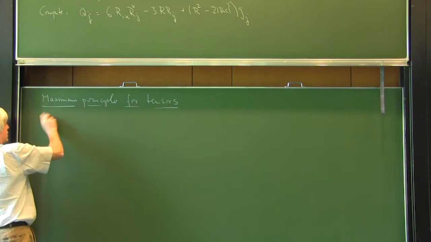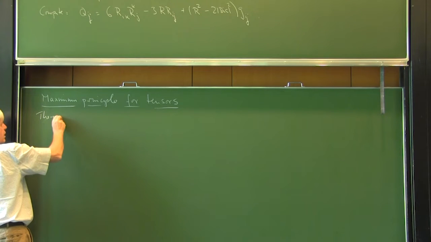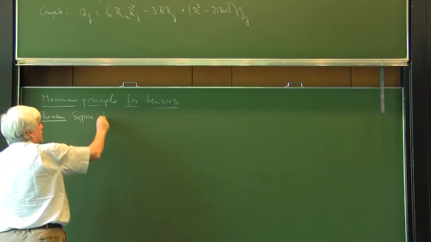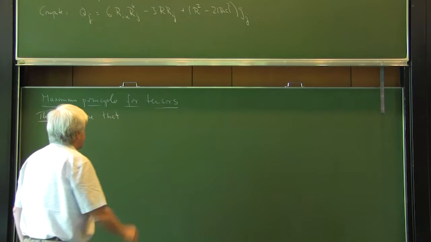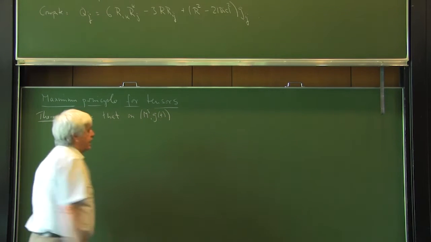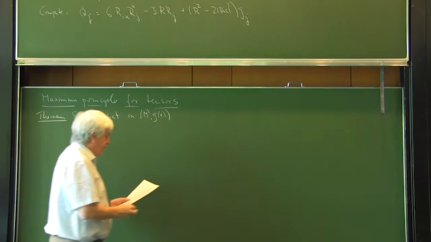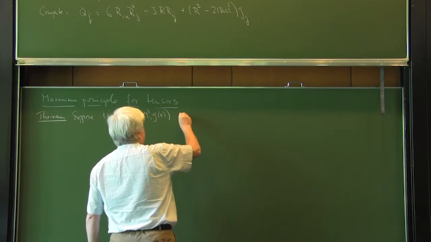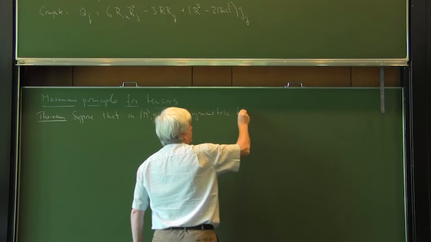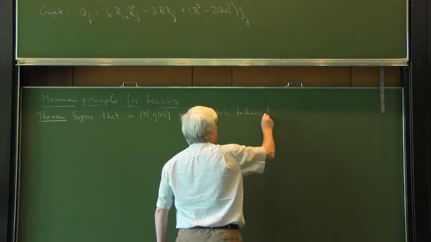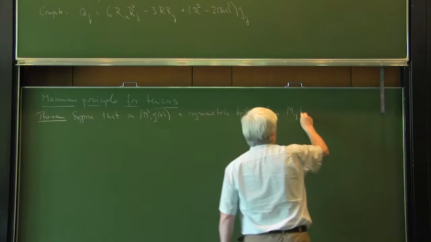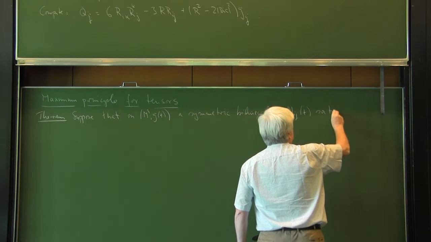Theorem: suppose that on M, with a time-dependent Riemannian metric, a symmetric bilinear form M_ij(t) satisfies